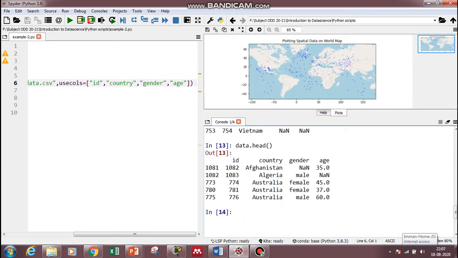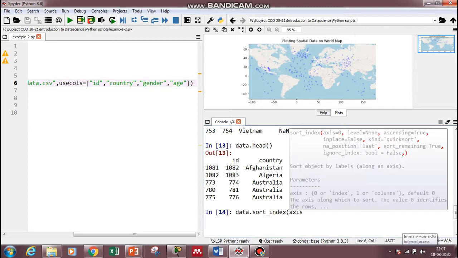So this is how the sorting is done. Now suppose you don't want to sort it, you want to reverse it back. In that case we will give data dot sort underscore index, and I say axis equal to 0, comma, ascending equal to true.